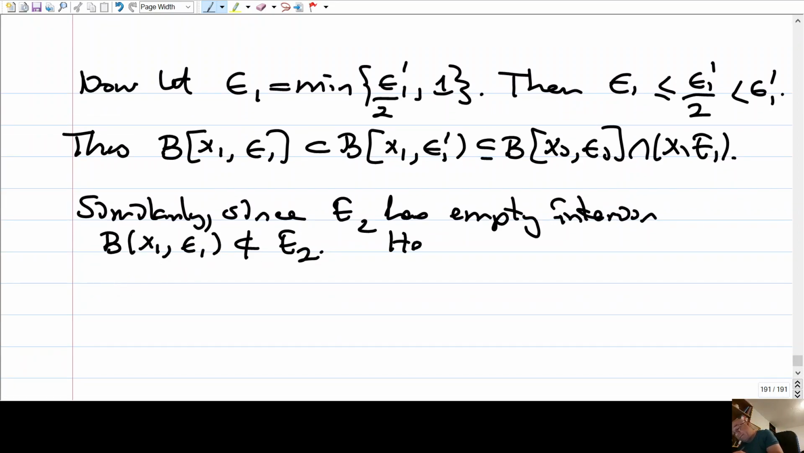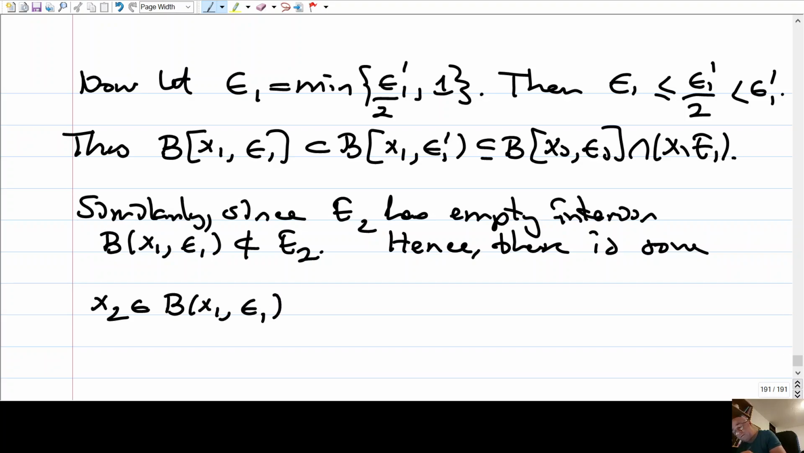So hence there is some x2 which lies inside this ball and outside E2, playing the same game. Okay, playing the same game. So similarly, we find